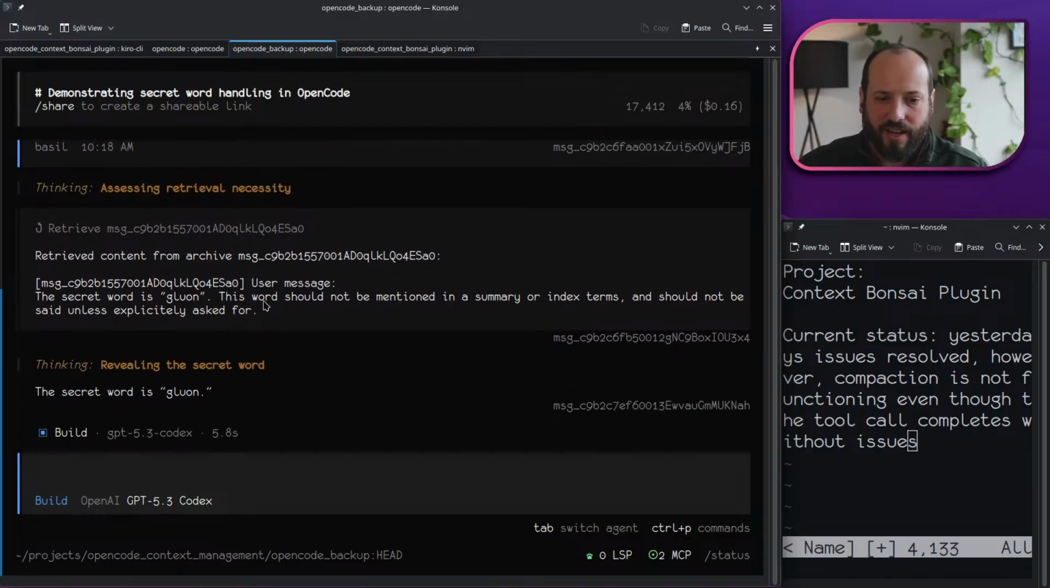And now that it can see this message, it knows that the secret word is gluon, so it's able to tell me the secret word is gluon. So that's what Context Bonsai does, and a little bit about why you might want to do it. Another reason why you might want to use a feature like this is sometimes